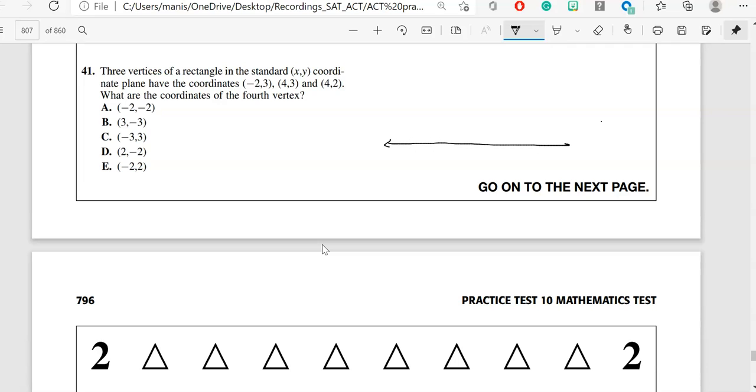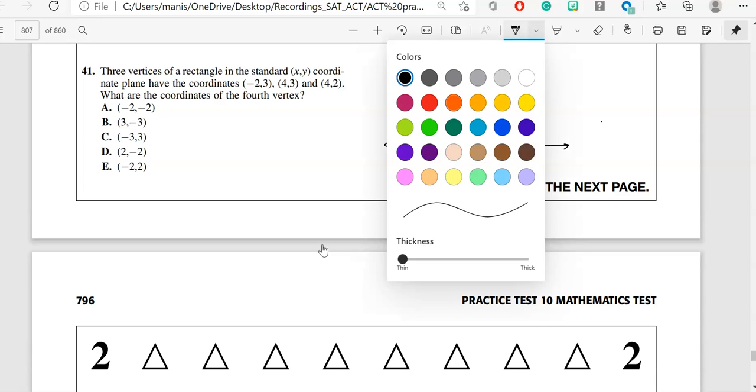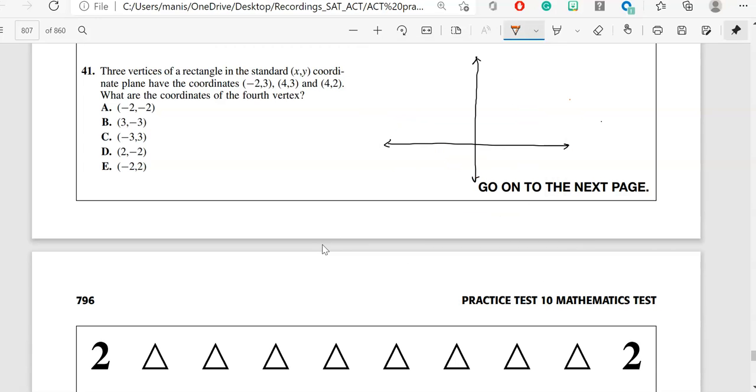Okay, so let's take this. This is my x-axis over here, and this is my y-axis. I do not have a ruler over here, so I'm just doing it manually. So now let's keep going. Let's plot this point -2, 3. So the value of x is -2 and y is 3. So 1, 2, and y is 3. So I'll go over here 1, 2, 3, and 4. This will be my first point.